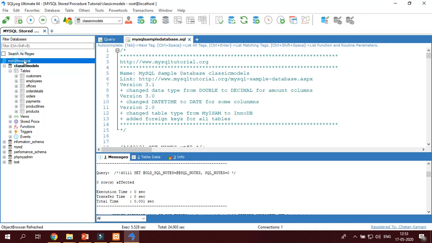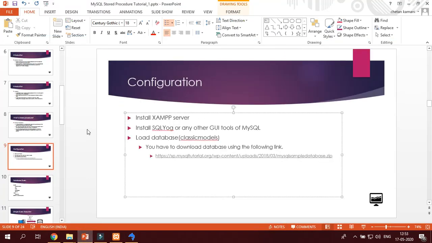So what we have done so far in today's session is we have seen the definitions of stored program, stored procedure, stored function, and trigger. Then we have configured the database and XAMPP server, and loaded a sample database for practical purposes. I hope you have followed up to this point. Now next,